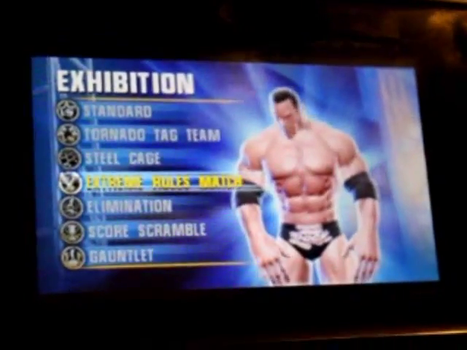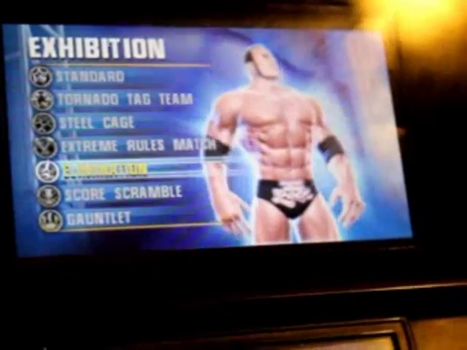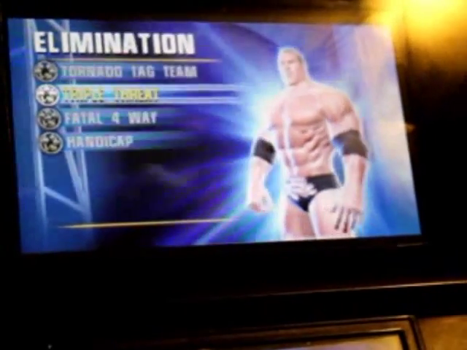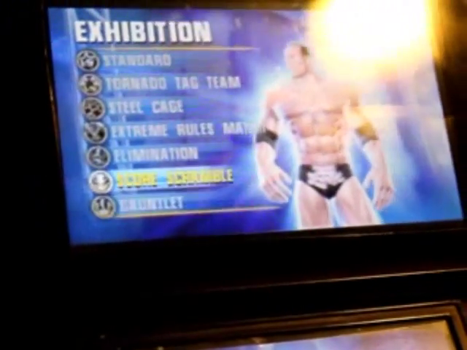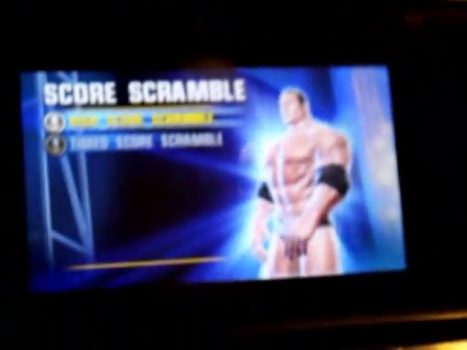You have Extreme Rules matches where you can use weapons, but it's still pinfall or KO. Elimination matches are good. When you go in here, you have your Tornado Tag. You have Triple Threat, Fatal 4-Way, and Handicap, all elimination matches, which is a good thing to do, because it's extensive. Now, new to the series, well, at least for this installment, you have Score Scramble, where you're